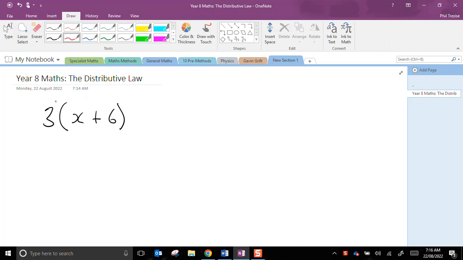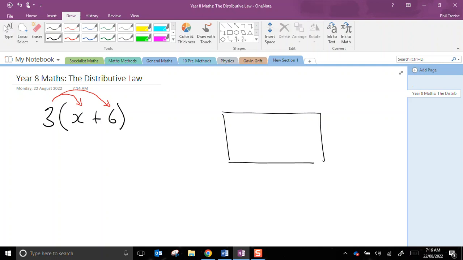Some of you may have seen the idea where the 3 multiplies by the first term and then we add on when 3 multiplies by the second term. Now that's fine. I'd like to show you a slightly different way to imagine this. Whenever we multiply two things together, I like to think of a diagram, and remember, every maths concept can have some sort of a diagram to help us think, and I like to think of this diagram as the length by the width. So the area of this rectangle represents the multiplication, the product of the length and the